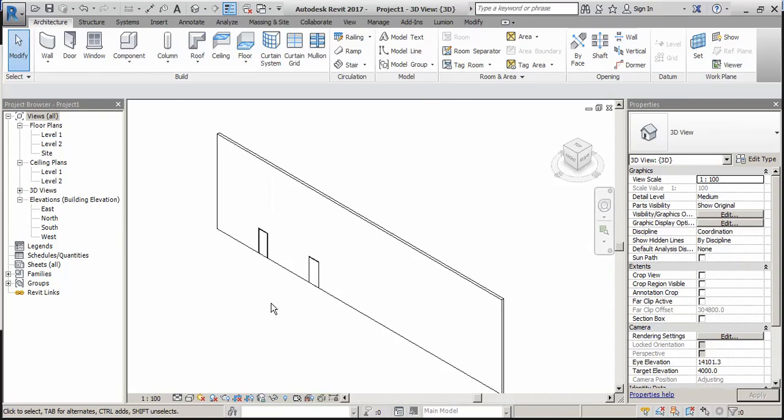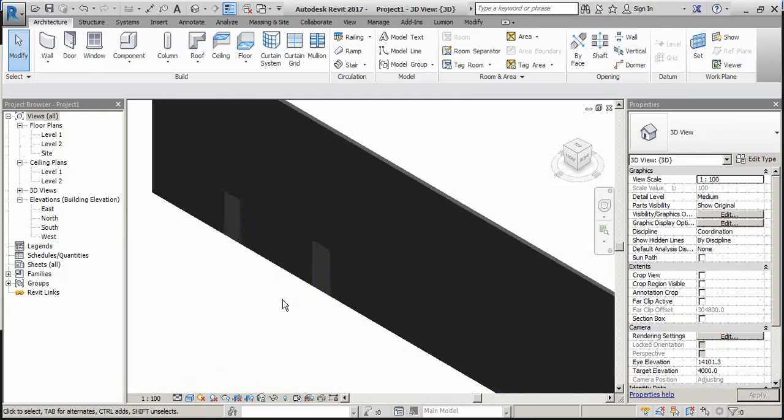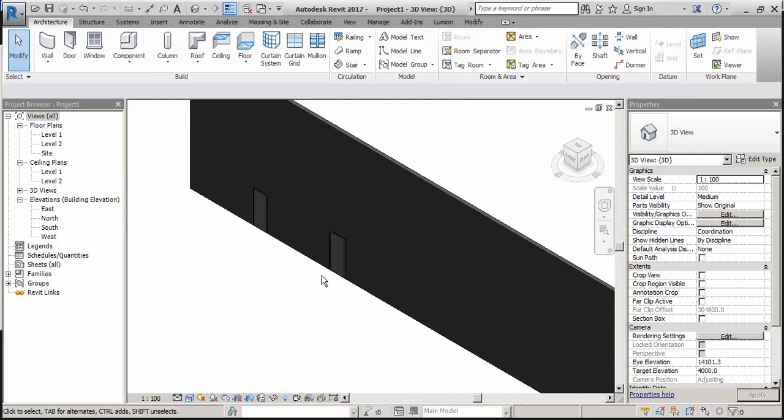Now we have to create other things also. If you see the realistic view, it appears very flat. So we have to provide the material and we also have to provide the swings for the plans.